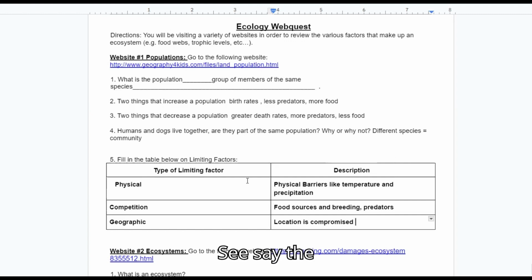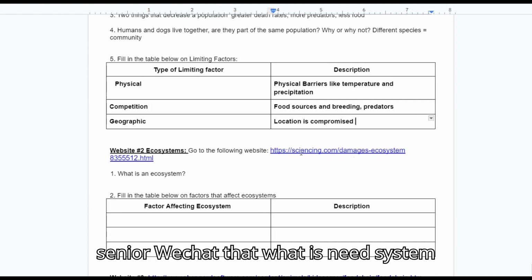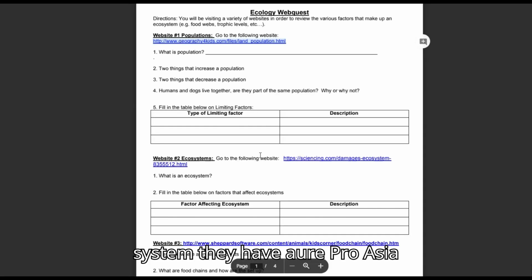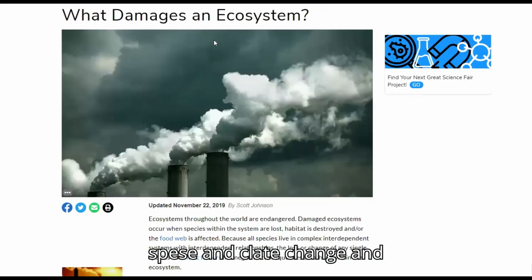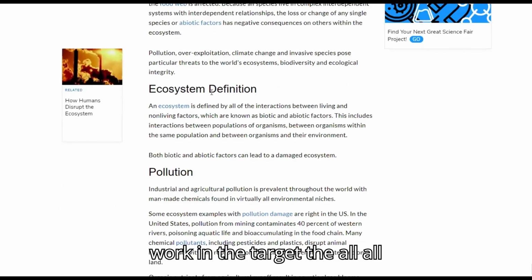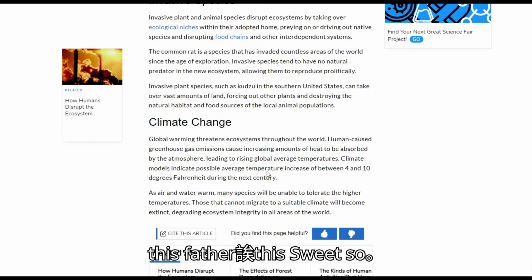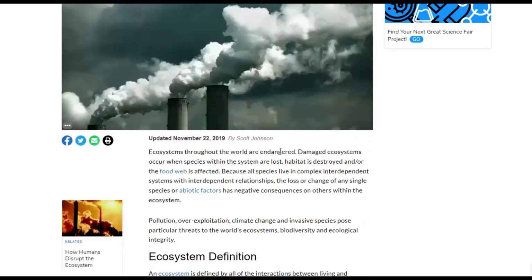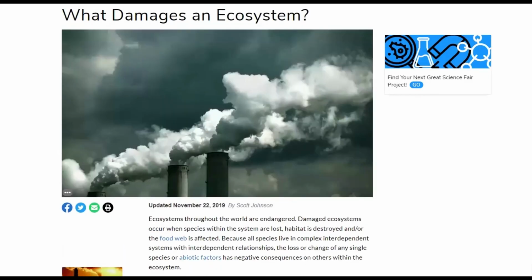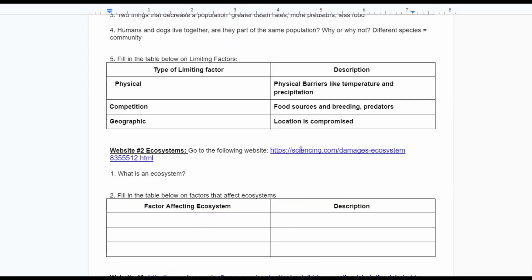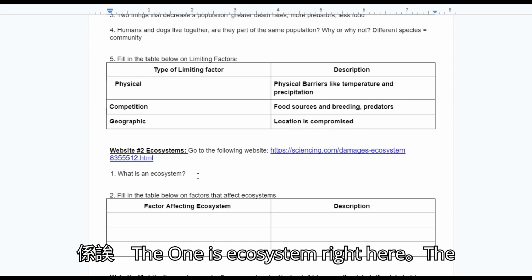Let's keep moving. All right, we saw where I got that from. So if we go to this one, let's see if we can actually go to the website. I thought I put in new tabs for some of you to see. All right, so now we talk about what is an ecosystem, and they have it right here: pollution, overexploitation, invasive species, and climate change. Now we're going to be talking about all these things in class this week.